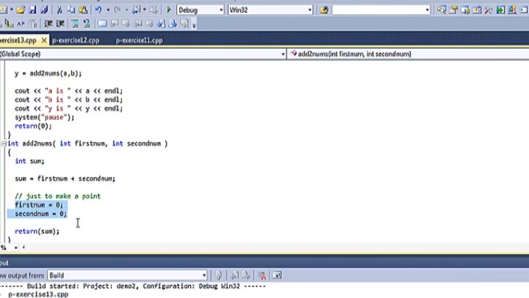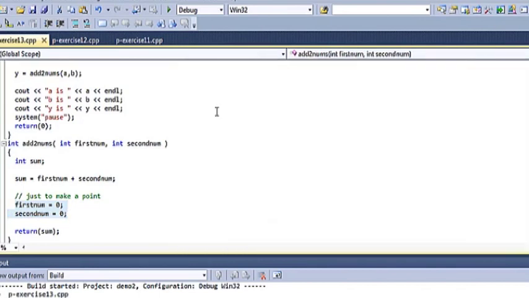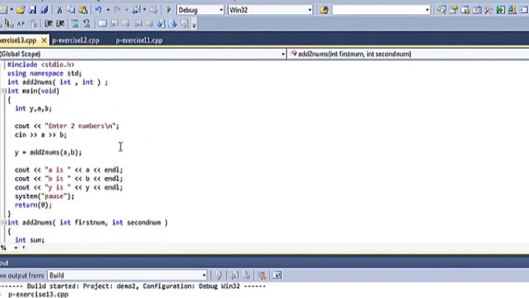And when we change the contents of the independent containers, they do not affect the content of the original arguments, meaning the original container remains the same. यही वजह है कि output के अंदर we get A 12, this is A, B 34, and the answer is 46. Okay, so this concept we have seen and demonstrated,